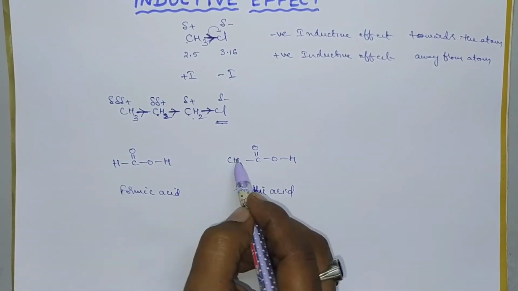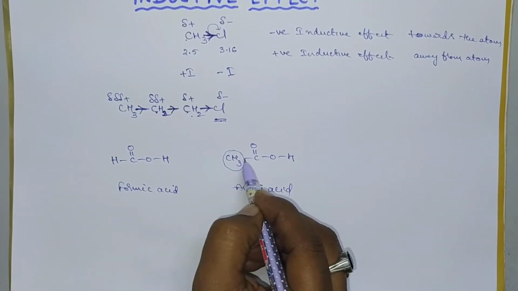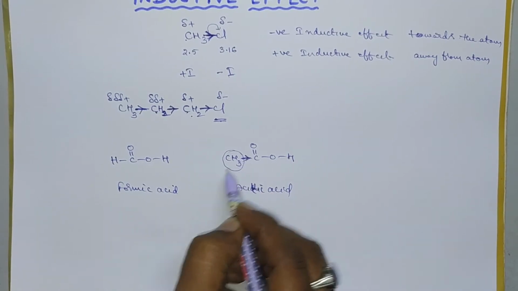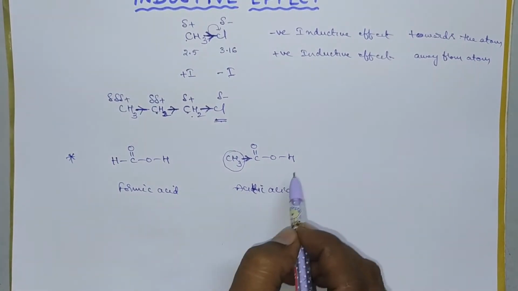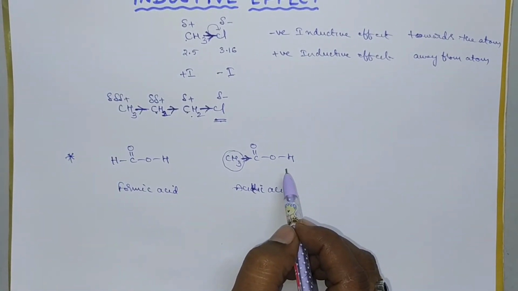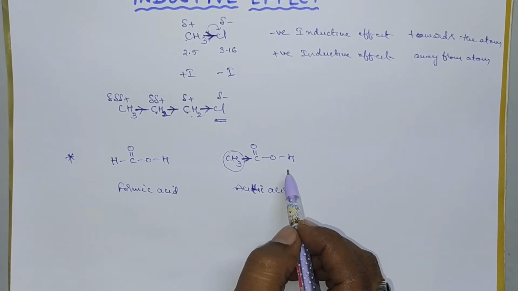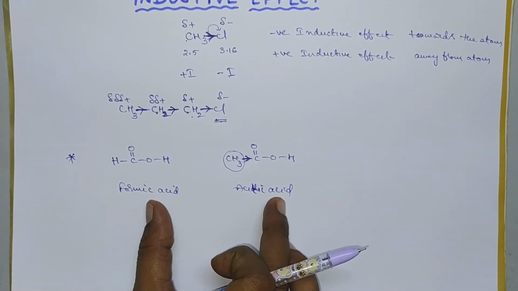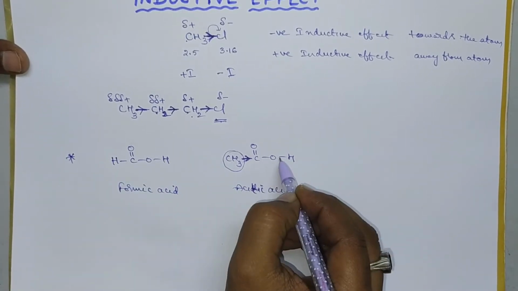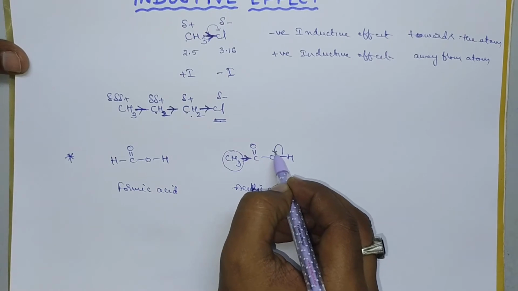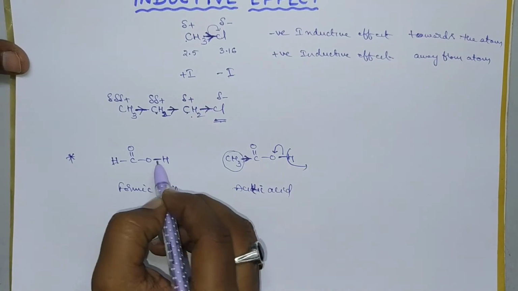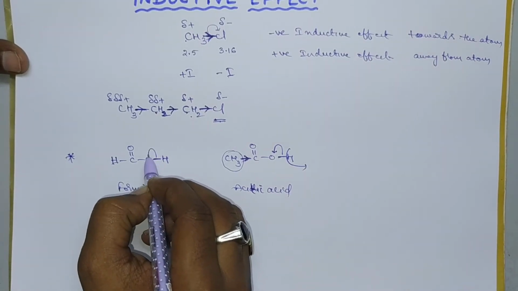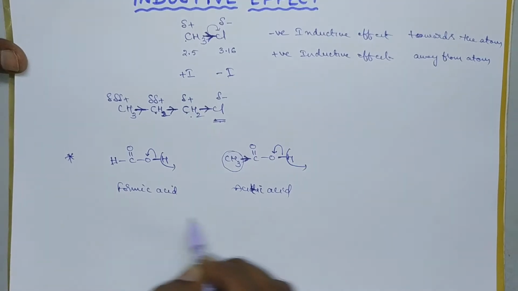So in case of the CH3 group there exists some plus effect, an electron releasing effect. So we can check which one is more acidic. We have to consider the tendency of donation of H plus ion. So the molecule which has a high tendency of donating H plus ion is said to be more acidic. So here it should donate H plus ion by accepting the bond pair of electrons towards oxygen. Here also an OH bond is there, so the bonded electrons should be accepted by oxygen and it can also donate H plus ion.